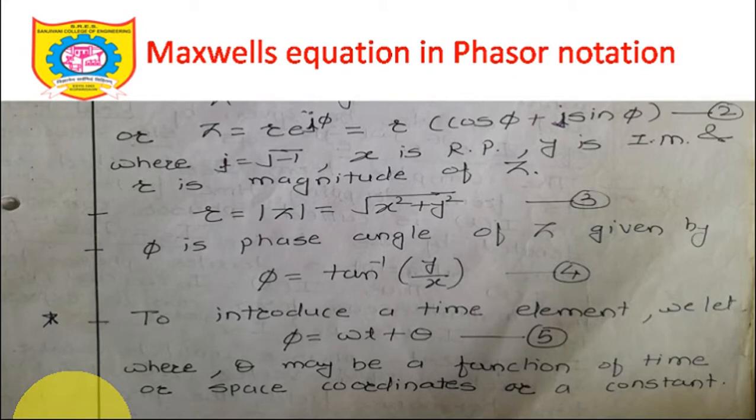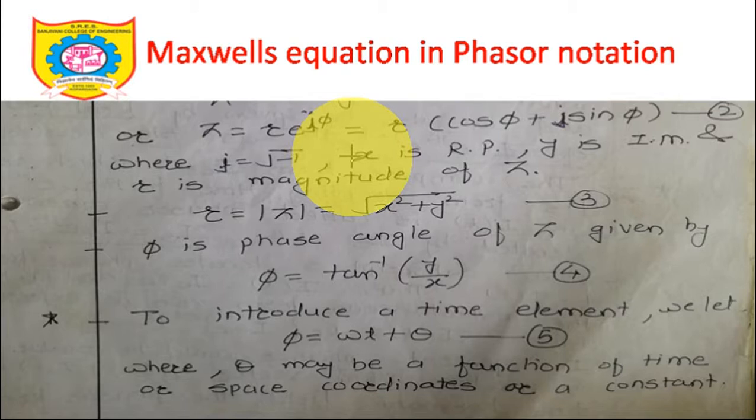I hope you have gone through that particular diagram, and now let's see. Even while studying complex numbers in mathematics, you might have gone through this. z can also be written as r e raised to j phi, or e raised to i phi. You can write it either i or j. So z equal to r e raised to j phi, where r is once again the magnitude of the vector which is already shown. If I want to represent e raised to j phi in terms of cos phi and sin phi, I can write it as cos phi plus j sin phi.